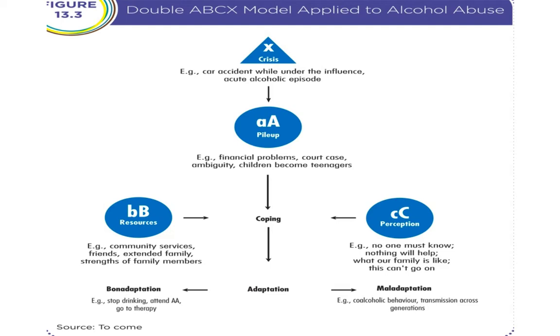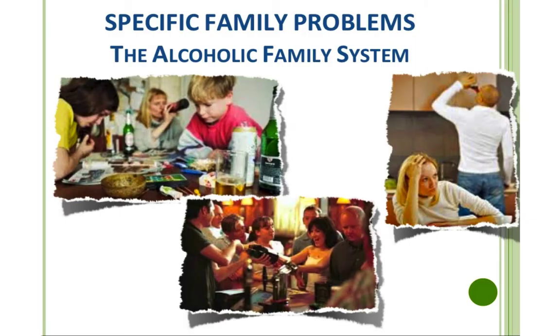And so when you look at this particular model, remember that with the double ABCX model, what we're seeing in this example is from the crisis, which is a car accident, but the alcoholism has already begun in the first ABCX. We're into the pileup, and resources, perception, and the coping, from either the bonadaptation or maladaptation. So if we carry on,